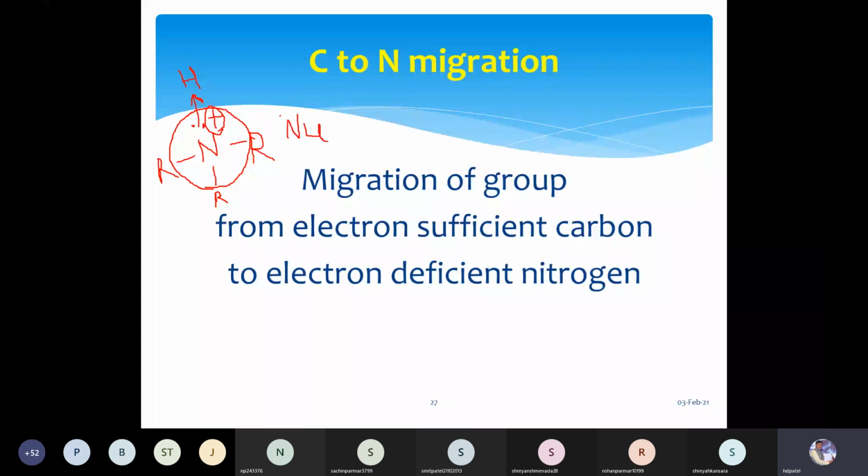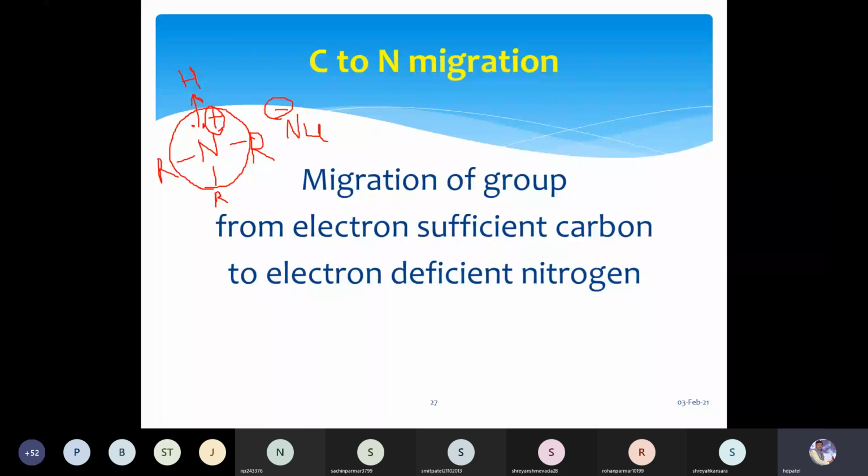Okay, Nu minus means nucleophile. Is this possible? No. Why is it not possible? The reason is that nitrogen has a valency of only 3, and in the maximum condition it can form only one coordinate covalent bond. But if we consider this nitrogen is electron deficient, then it should react with or form a bond with